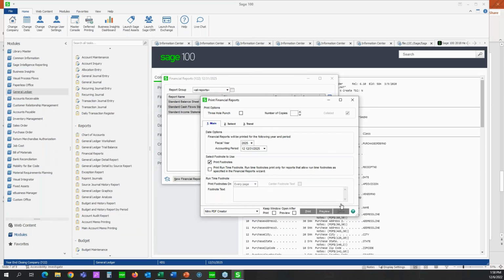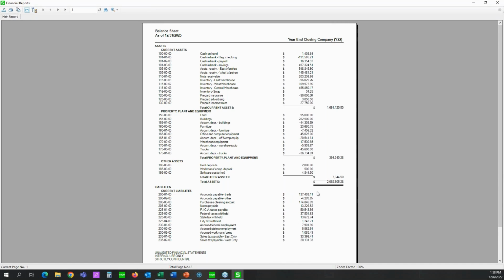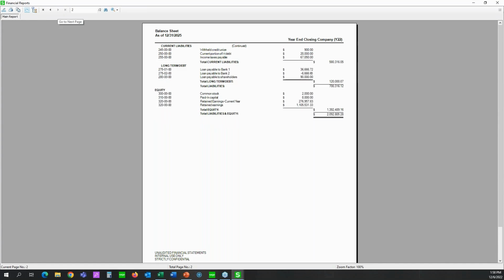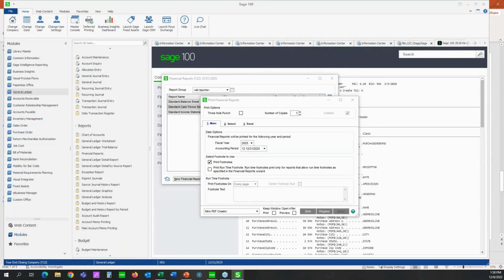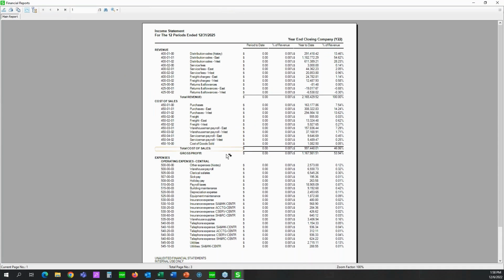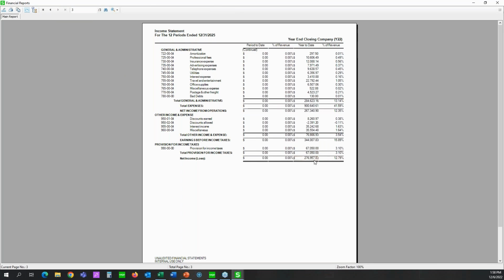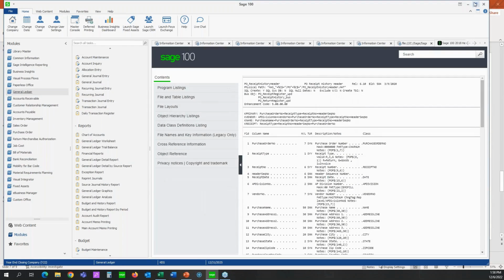And we're going to preview them. And it will come up with our balance sheet. We want to make sure that our assets and our liabilities both match. If not, there's a problem and we need to rectify that. And then it'll run our income statement, which will show us our sales, our costs, and everything. And then this dollar amount here will be our retained earnings for the year. Once we have all that done, then we can start with